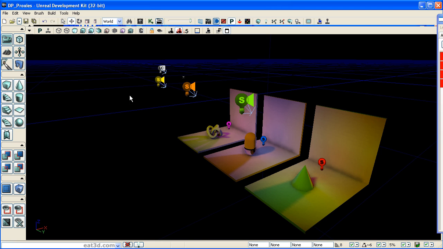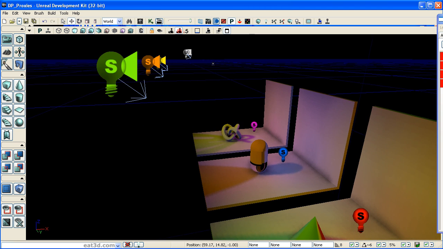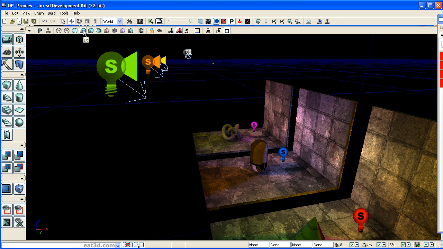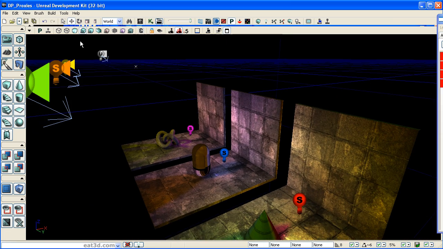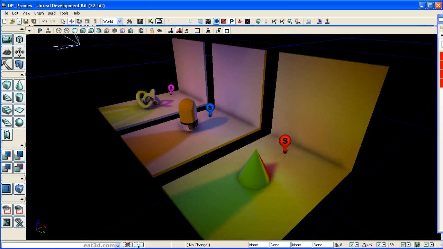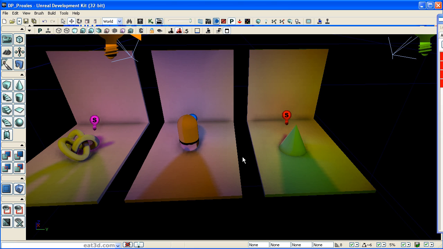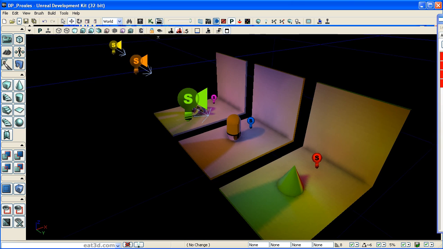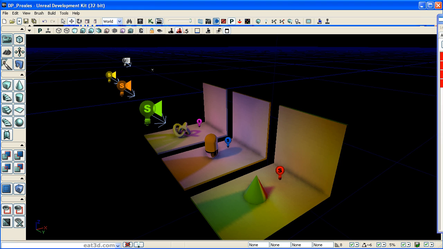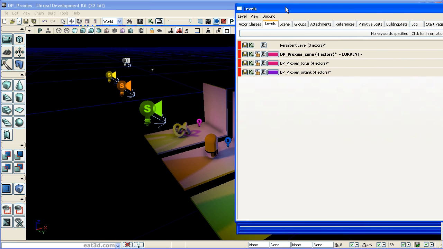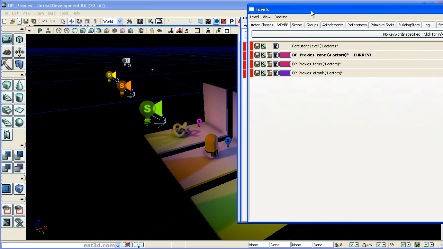There we have it. I'll note that I'm in lighting only view mode here, so that I can ignore the textures that I might happen to have on these surfaces and just look at the lighting itself. And you can see the bleeding is happening again here with green touching the purple and the corner of the purple hitting here, etc. So anyways, to set up a lighting level exclusive relationship, I've set up the cone room